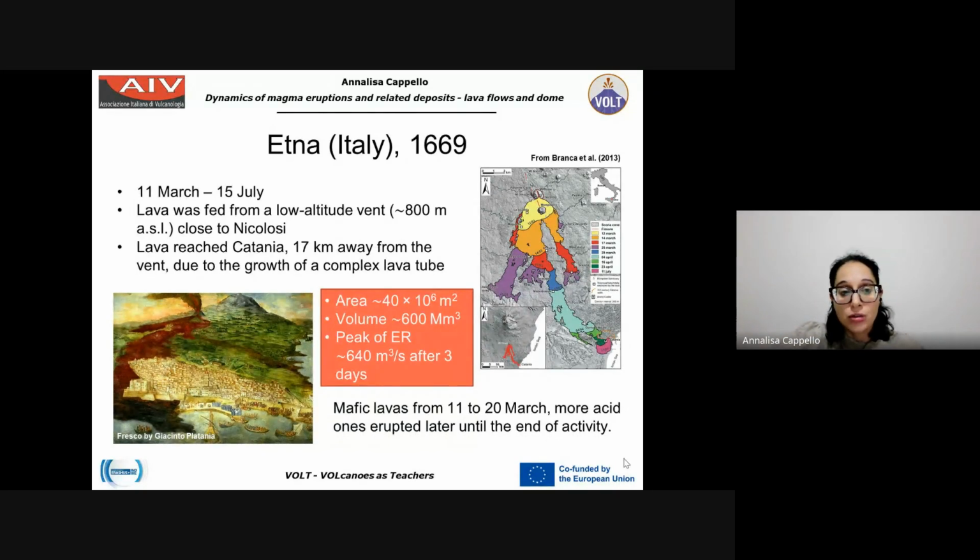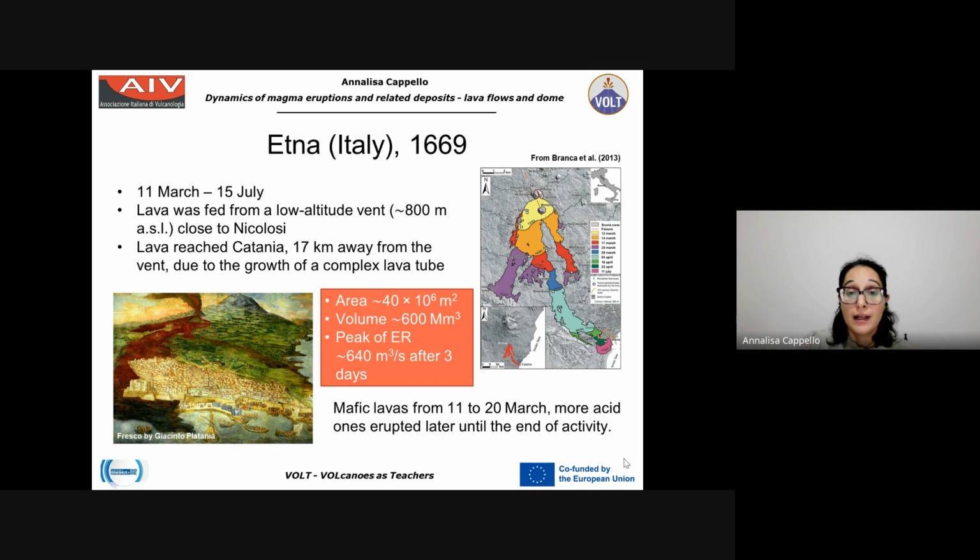It was a quite short eruption because it lasted only 4 months. But the altitude of the main vent, which was in Monte Rossi near Nicolosi, was at 800 meters above sea level, so it was a very low altitude vent. This eruption started on 11 March and